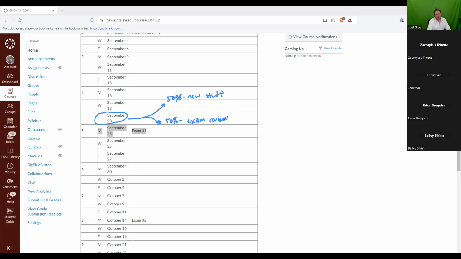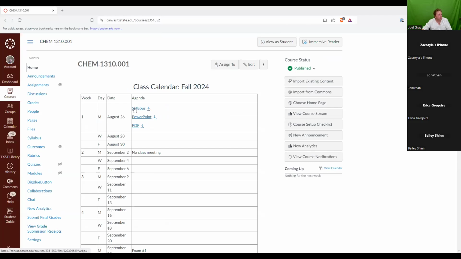But I always like to stop class a little bit early so that I can talk about the exam that you're going to be taking during the next class period. I give you some information and ideas about what's going to be on there, what types of questions, and everything like that. Okay, so hope that makes sense and is clear. We'll go through this as the semester progresses, so if you have any questions, feel free to ask.